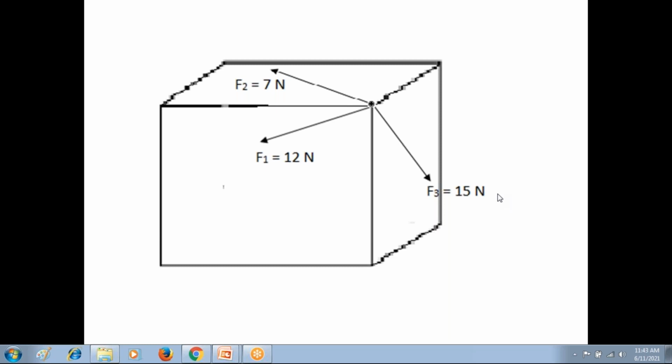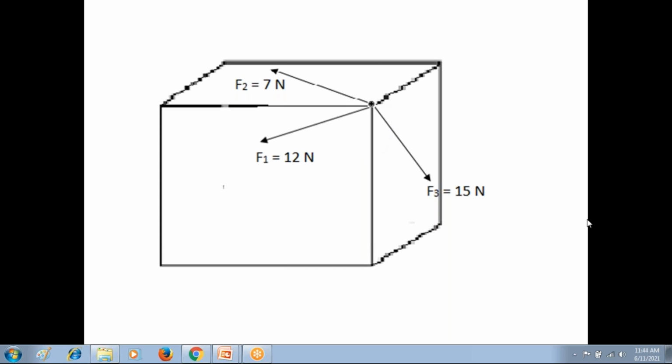The fifth one is the non-coplanar force system. If the lines of action of forces lie on different planes, we call that a non-coplanar force system. Then the last one is the non-coplanar concurrent force system. The lines of action of forces lie on different planes, but all are passing through the same point of application. We call this force system a non-coplanar concurrent force system. So like that, we have 6 types of force systems.